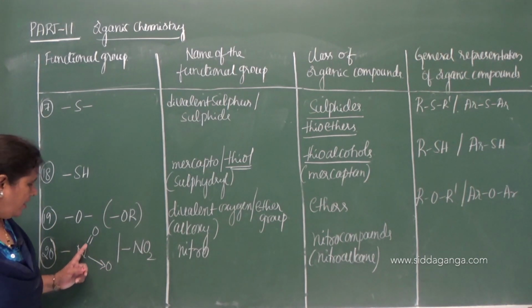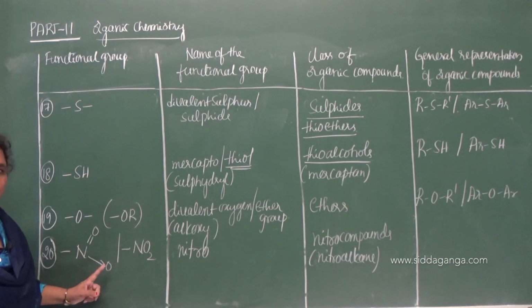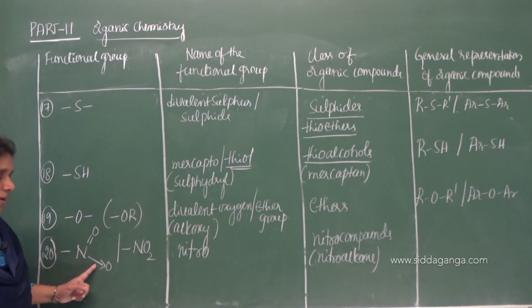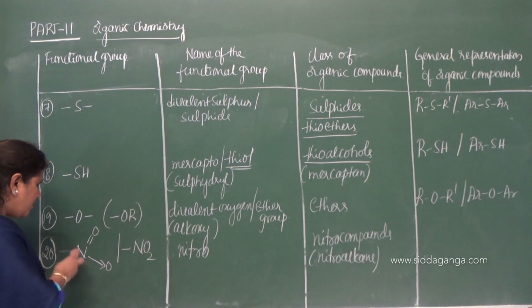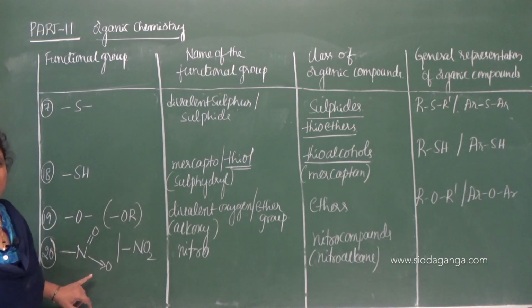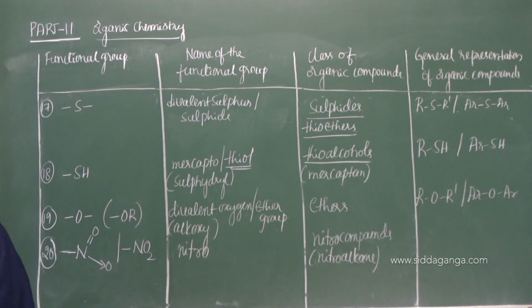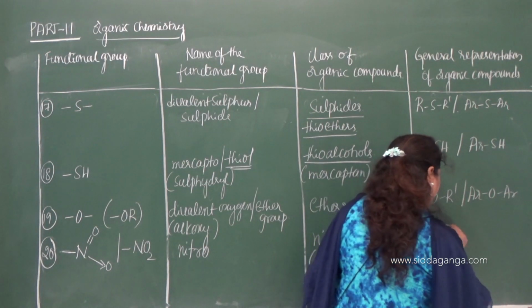So N double bond O, and this is called a coordinate bond to oxygen, one more special type of covalent bond. So one valency of the nitrogen is vacant here, and then which is the key atom? Definitely nitrogen is the key atom. So if a nitro group is present in a given organic compound, then they are called nitroalkanes. Then how to represent nitroalkanes? RNO2.